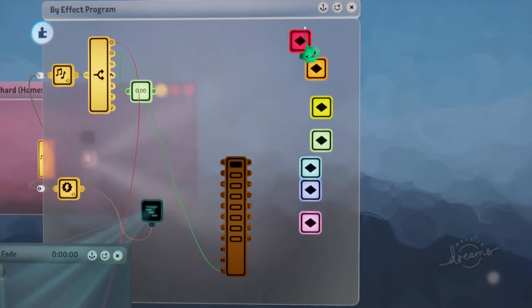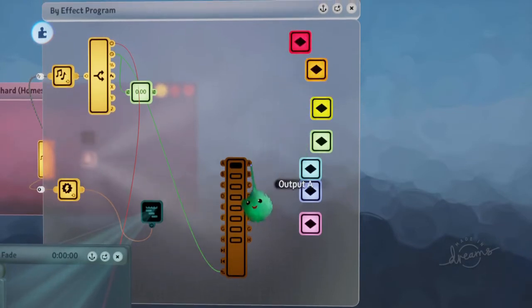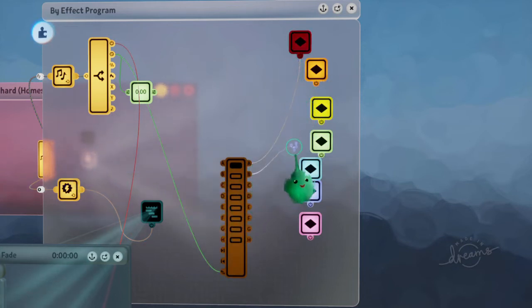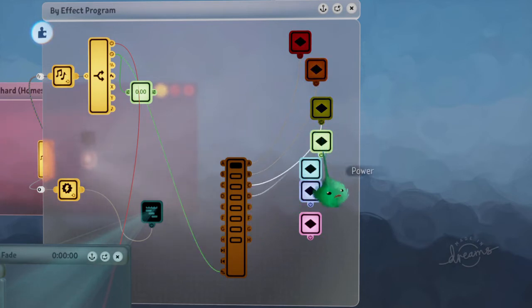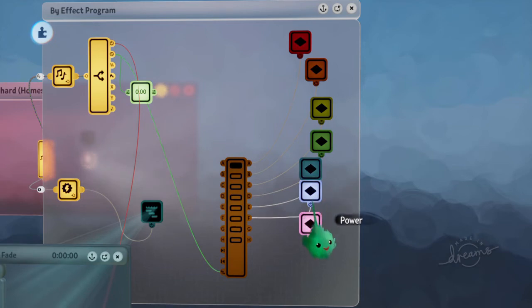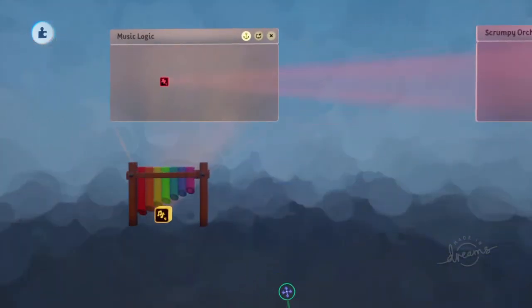There's a little trick with selectors and certain other gadgets. If you grab that and then hold L1 while placing it, it'll get a wire from the new one, and you can keep going down. So now if we watch,